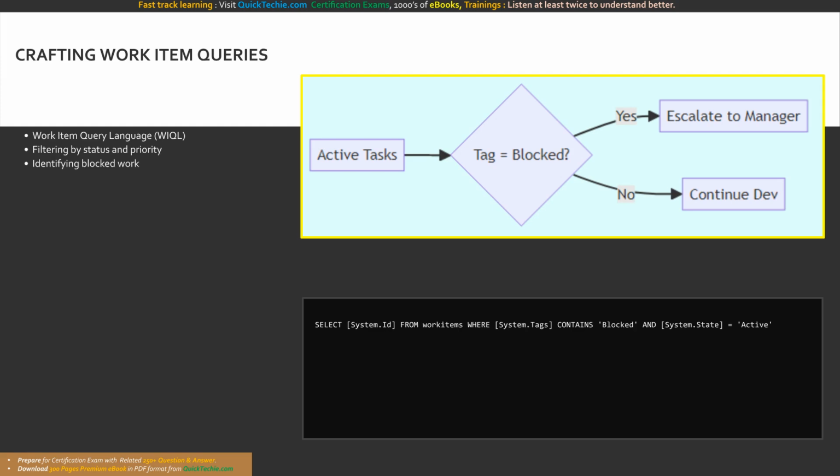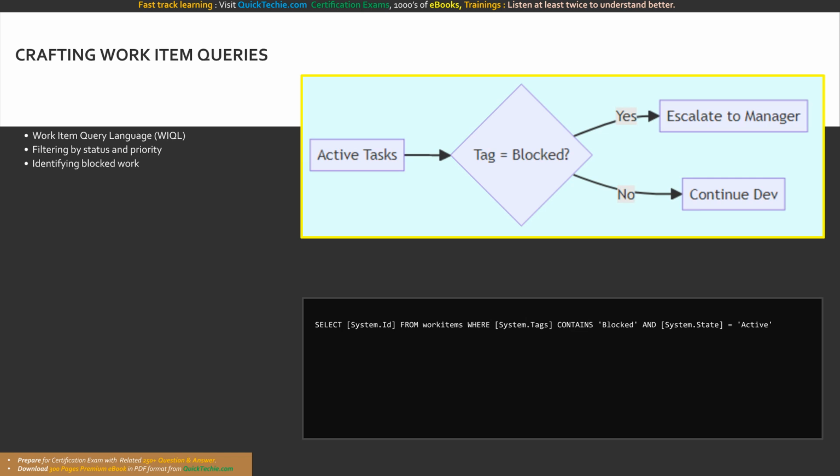Designing customized queries allows you to filter tasks by precise statuses, such as tracking features tagged priority critical or issues marked status blocked. These targeted queries isolate the noise, allowing project managers to immediately address impediments, reallocate resources, and keep the iteration's flow of work moving efficiently. This vital WIQL snippet immediately identifies active work items that have been tagged as blocked, highlighting tasks requiring immediate managerial